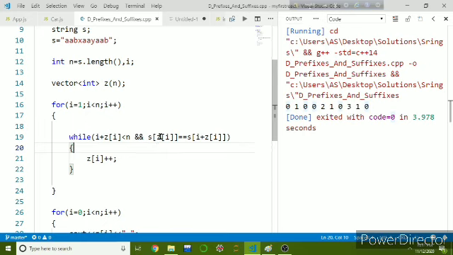That is, we are matching the character at index zi with the character at index I plus zi, and if it is a match then we will increment zi, and this loop will be executed until a mismatch occurs, and the corresponding zi value will be calculated for that index.